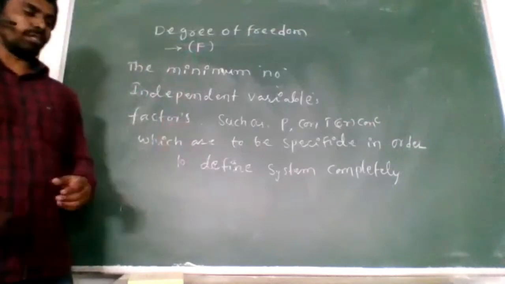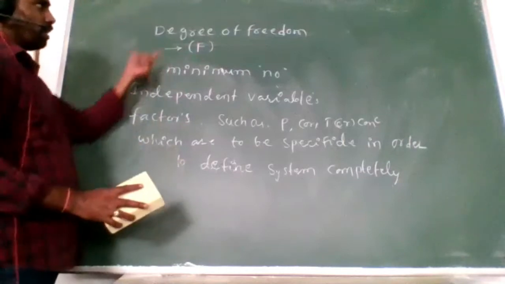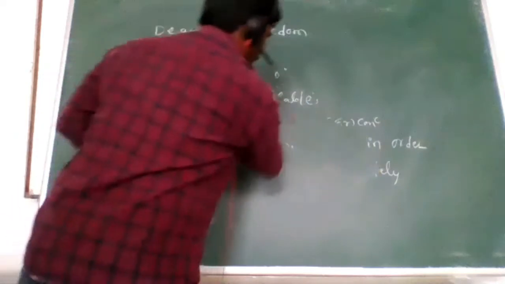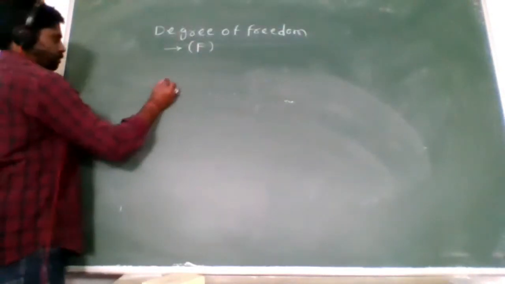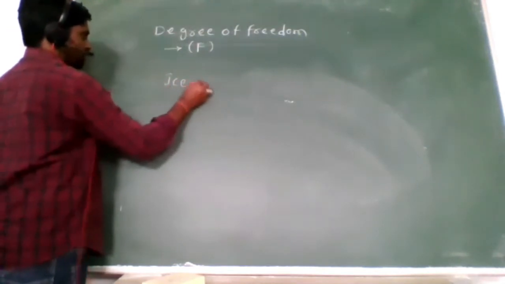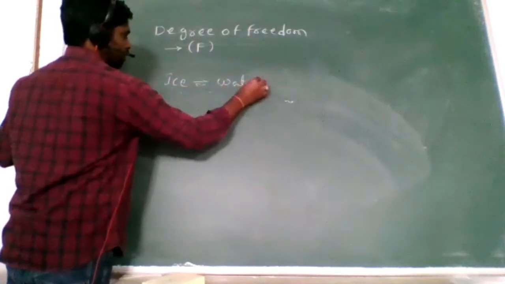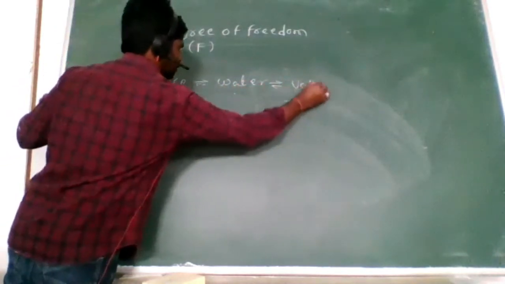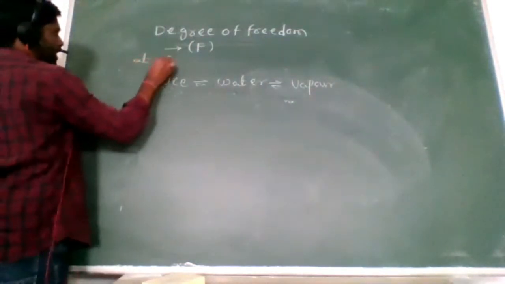So I give one example, right? This is the definition of the degree of freedom. Look at here. I take the water system. This is the ice, and here is the water, and here is the vapor. At freezing point,